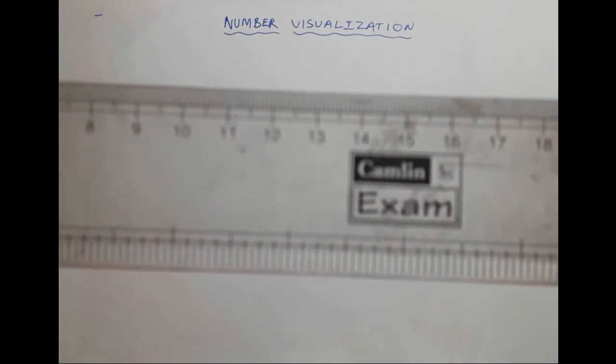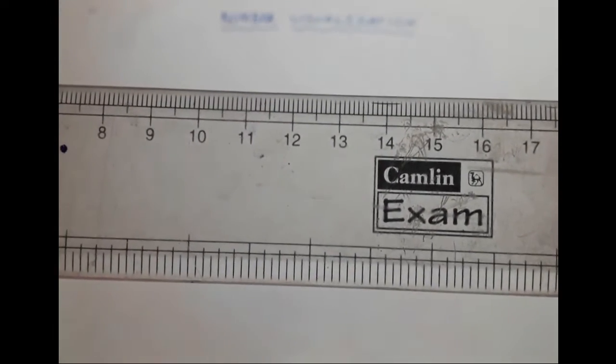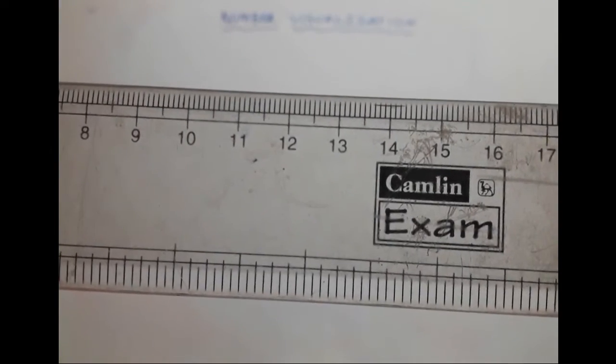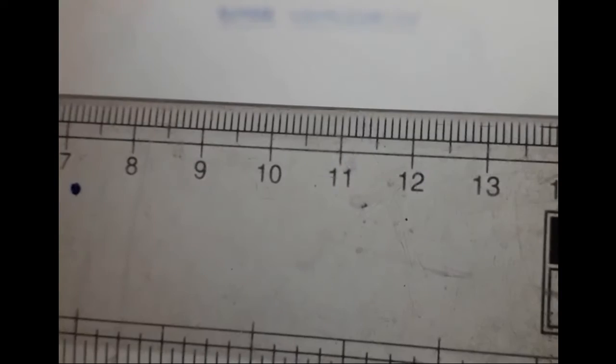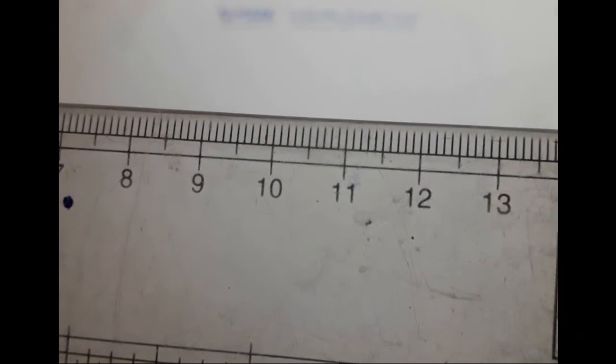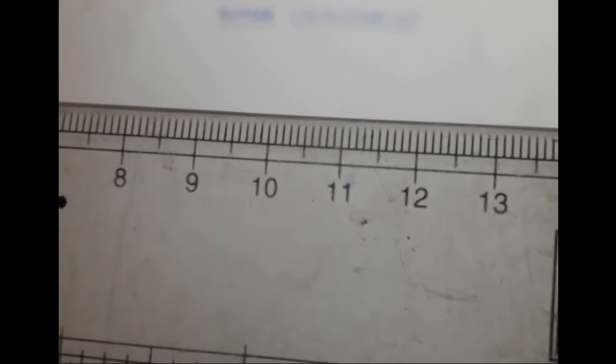Okay, so I have a scale over here. I think we will not be able to see it clearly. Now you can see it clearly. Just have a look at this scale. Now you have in front of you the numbers 7, 8, 9, 10, 11, 12, correct? Now if we look carefully, there are markings between 10 to 11. Have a look here. There are markings between 10 to 11.